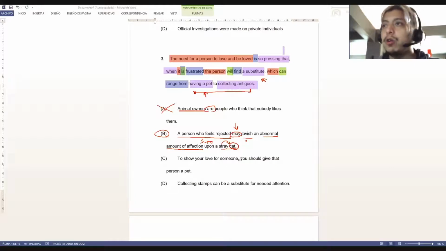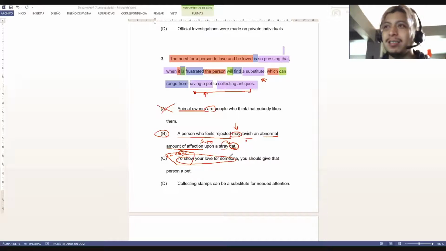To show your love for someone, you should give them a pet. You should give that person a pet. If you want to show your love for someone, this is not the subject. This is just an adverbial phrase. It's just like, remember, in order to or to, it means purpose. So in order to show your love for someone, so with the intention of showing your love for someone,